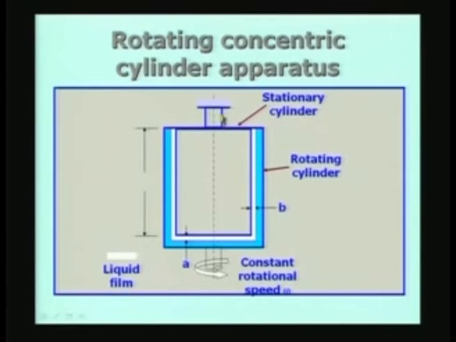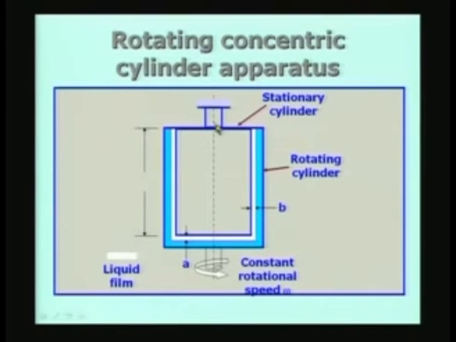Now, the point is, as far as the stationary cylinder is concerned, suppose I measure the torsional stress or shear stress developed by putting a load cell on the circumference of it. That is going to measure a stress which is proportional to the torque, and that torque is related to the viscosity of the liquid, which is going to be in this gap, the gap here as well as here. This length is equal to L. I think this is missing. This length is L, so you make it as L. This is V and this is A.